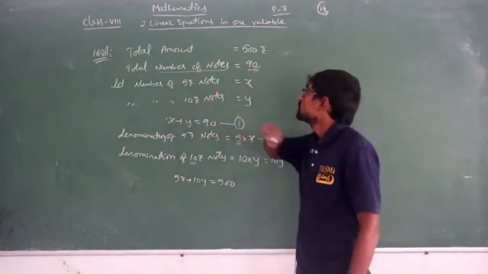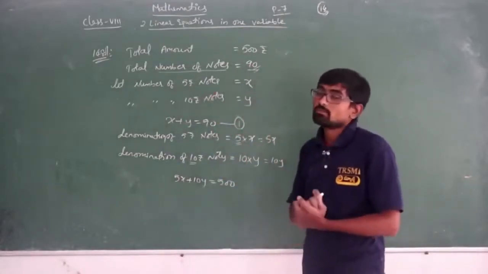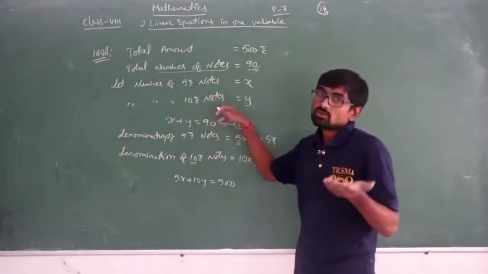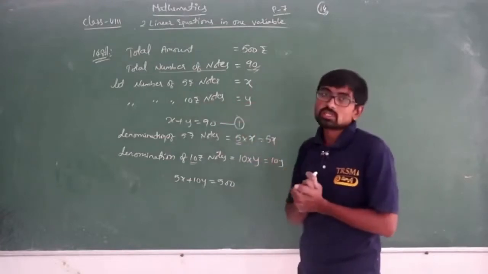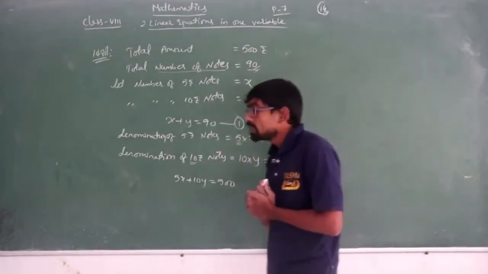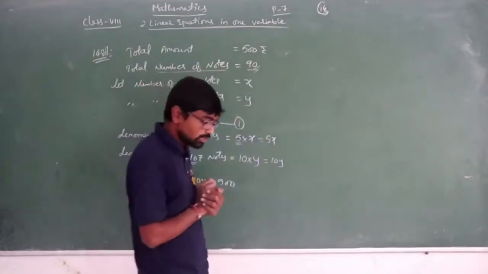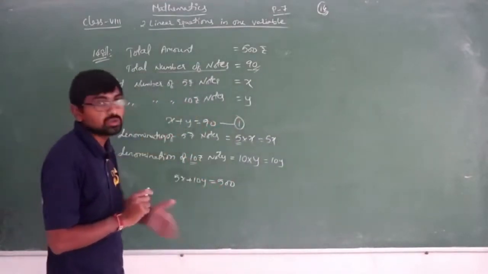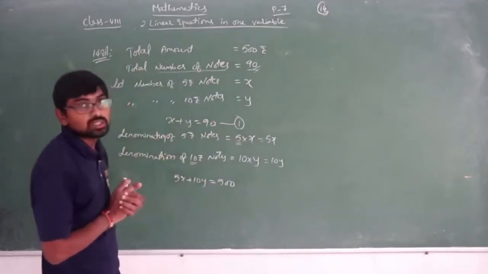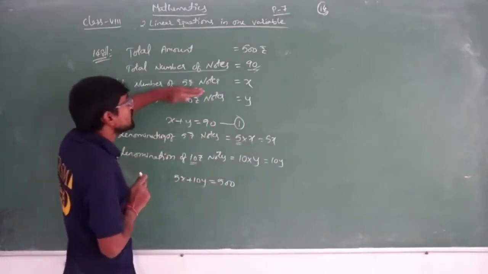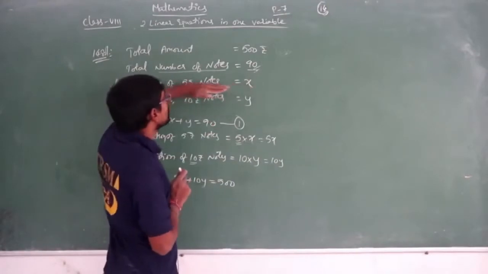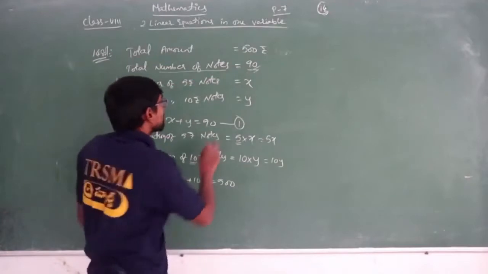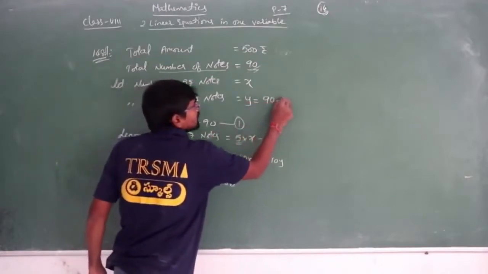Now let the number of 5 rupees notes be X, and coming to 10 rupees notes, we don't know, so let the number of 10 rupees notes be Y. Let me tell you one more thing here, a very interesting thing. Instead of solving this question in 2 equations, we can directly solve it. If we have X number of 5 rupees notes, and total notes are 90, can I write 10 rupees notes as 90 minus X,